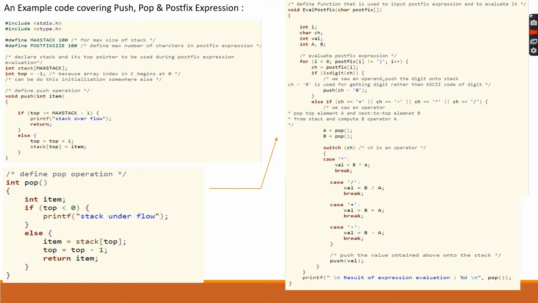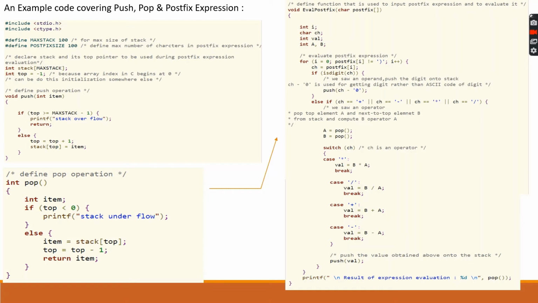And if we come across an operator, then first the topmost two elements will be popped out, then the operation will be done on them, and then the result will be pushed again into the stack. So else if the operation is plus, minus, star or division, then we pop out the top two elements, a and b, and do that operation on those operands, and then put the final value into the val variable.